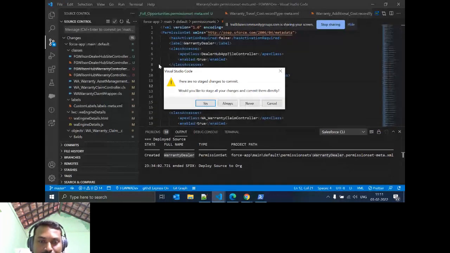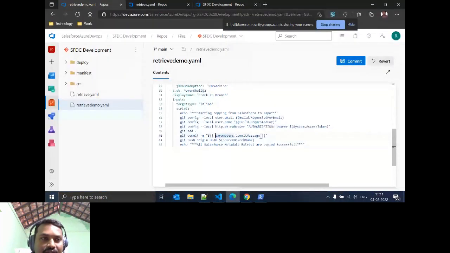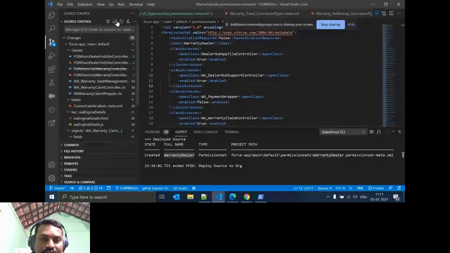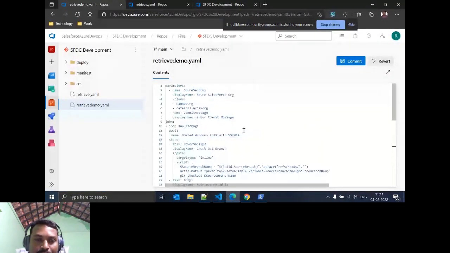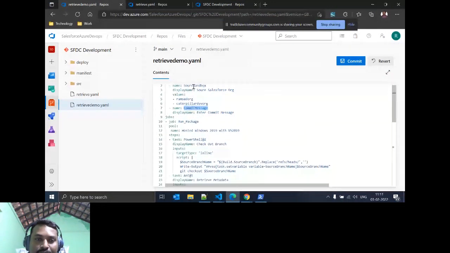The same command we are doing like that. Then the commit message, right? Whatever commit message we give, like here I click commit, it asks, yes, the commit message is mandatory. Like that, this is the commit message, and we already pass the parameter from here. The source sandbox we pass automatically here, we select the username and password based on the sandbox, whichever source he selected.